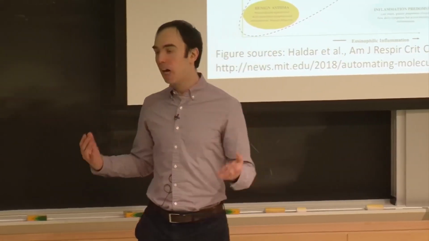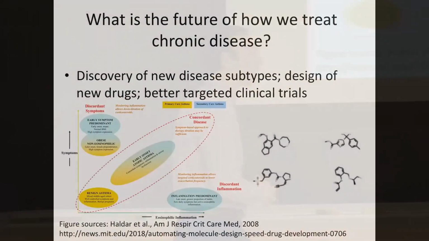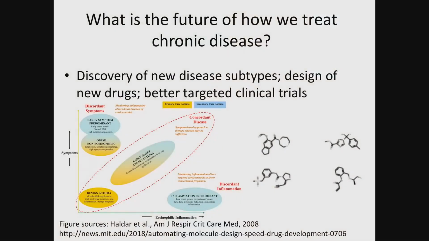So finally, we've talked a lot about how we manage healthcare, but equally important is discovery. The same data that we could use to change the way that algorithms are implemented could be used to think through new treatments and make new discoveries about disease subtypes. At one point later in the semester, we'll be talking about disease progression modeling, and how to use data-driven approaches to discover different subtypes of disease. On the left here, I'm showing an example of a really nice study from back in 2008 that used a k-means clustering algorithm to discover subtypes of asthma.